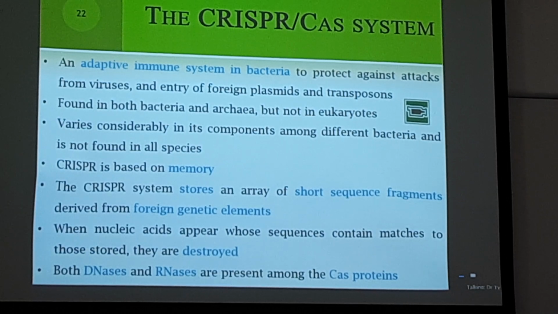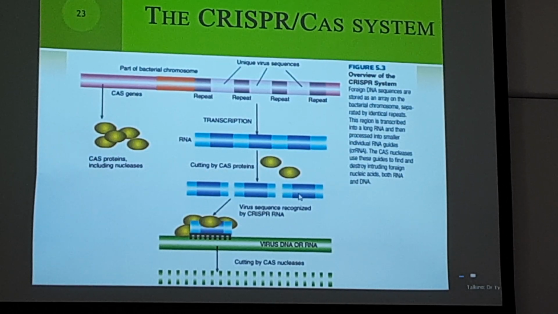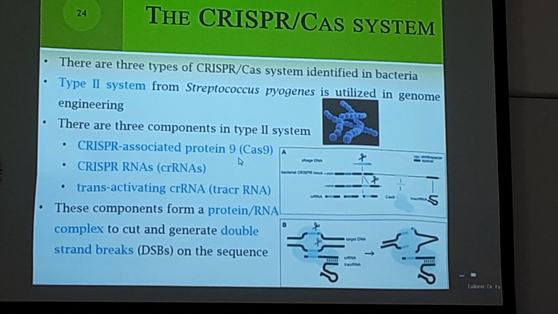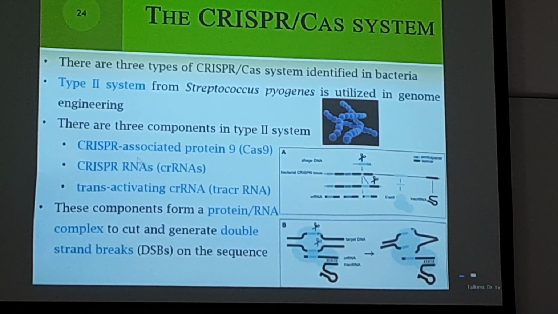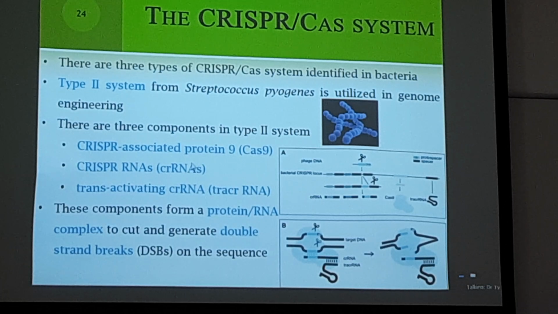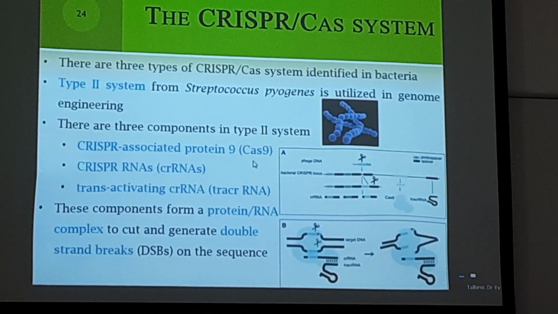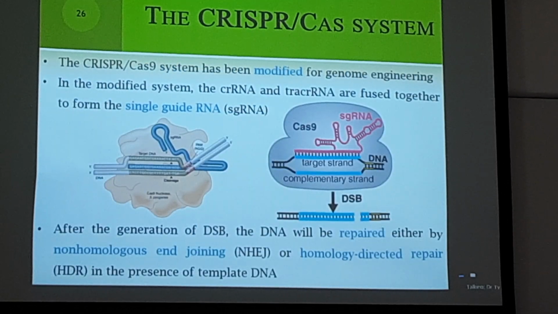So make sure you know what a CRISPR-Cas system is, how it works, and the components involved. Of course, we have CRISPR-Cas9, the CRISPR-associated protein 9, the Cas9 protein. We have the CRISPR RNAs. We have the tracrRNA. Okay, so we have some detail here about the process and the components,